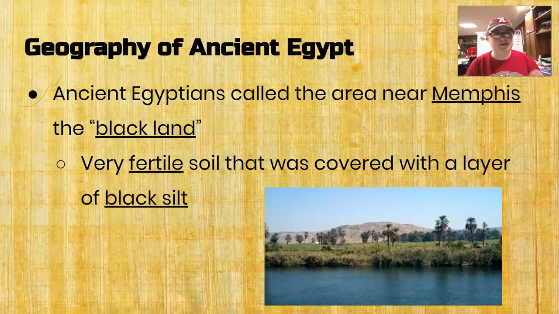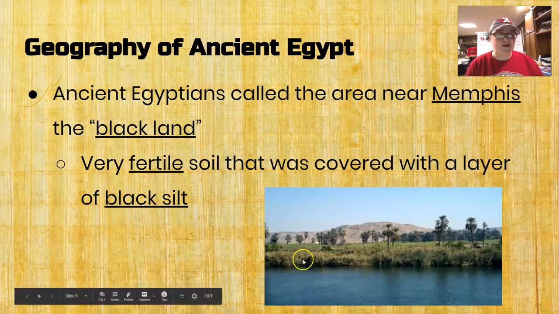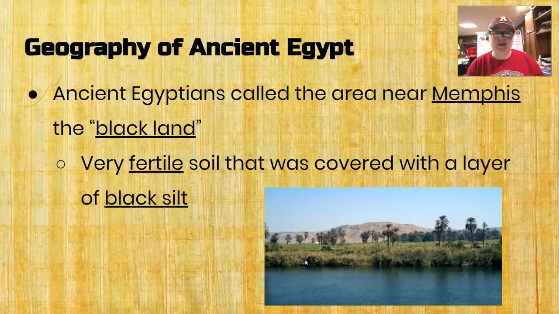So hopefully you talked about silt a little bit in science this year. I don't know if Mrs. Foster was able to get to it completely or not. But it's very fertile soil. It's very rich, and so it has this very dark, almost black-like color. The beaches aren't black or anything, but it has a very dark color to it, kind of like black. And it was very, very fertile, so it was great for growing crops and things like that. And that's what this picture is down here. You can see all this wildlife that's growing in this black silt,